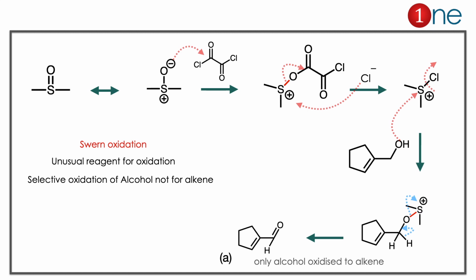Then you have the starting material which attacks the sulfur. The new O-S bond is formed. Then the oxidation occurs by the loss of hydrogen. The hydrogen is lost and you have C double bond O formation. What is really happening here is you are converting alcohol into aldehyde. So the answer is clearly A.